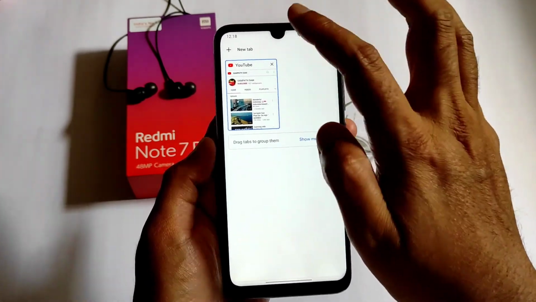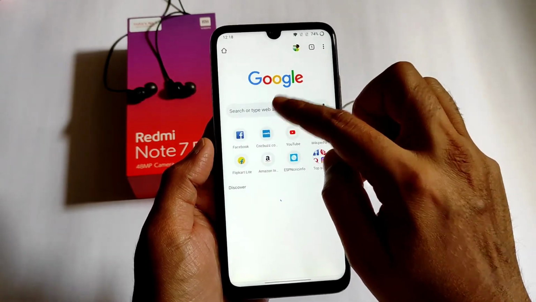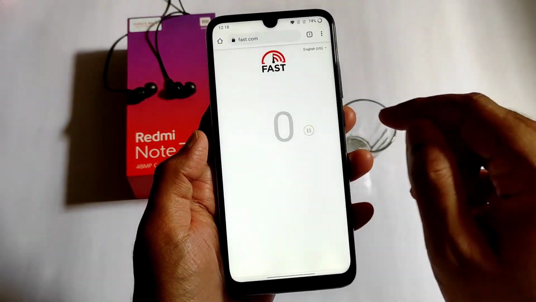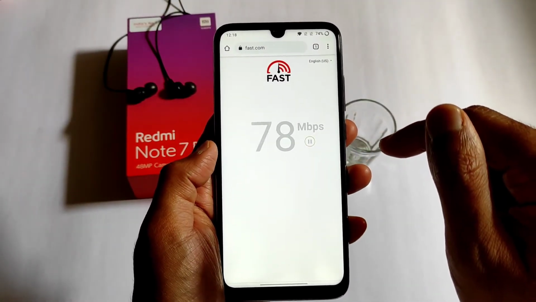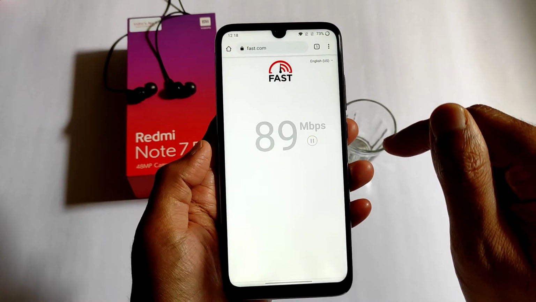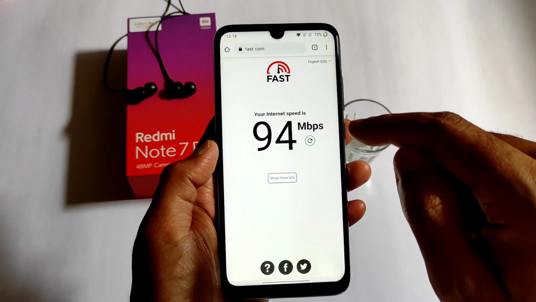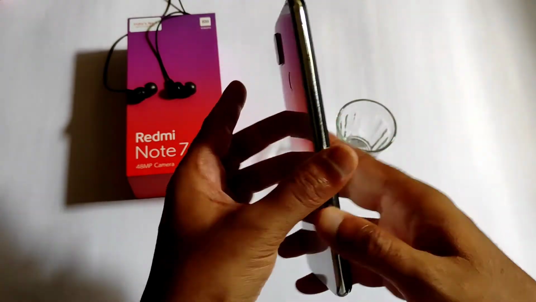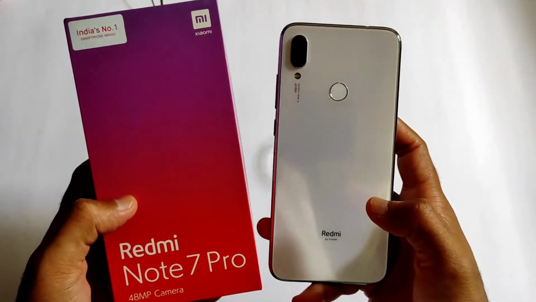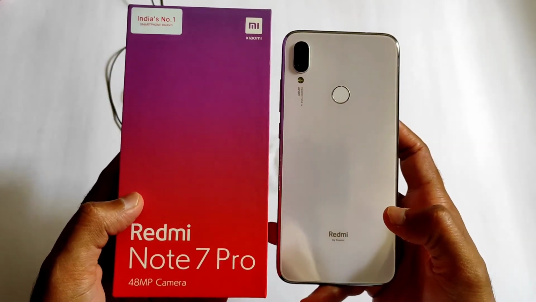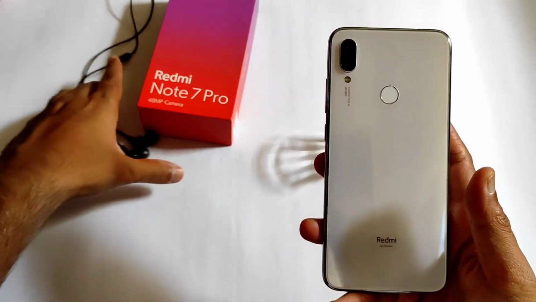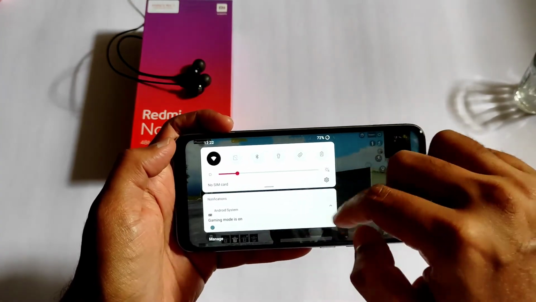Now coming to speed test, let me check out once. Let me type fast. As you can see, I have a 100 Mbps plan. As you can see, it's pulling up to 94 Mbps. It's fine, no problem. I have used the SIM also. Internet connectivity is fine. But what I noticed is during the call from the direct microphone there is a problem. But if you use it through headphones, you can rectify it. But anyhow, this is the gaming one.